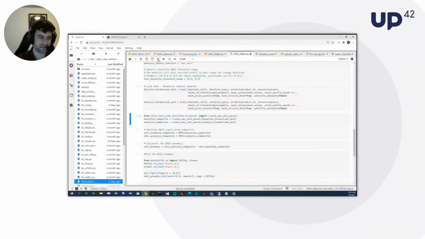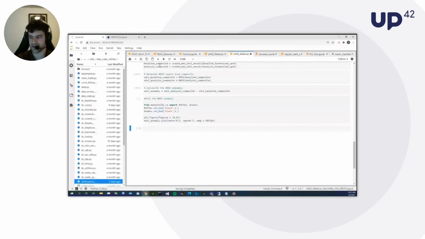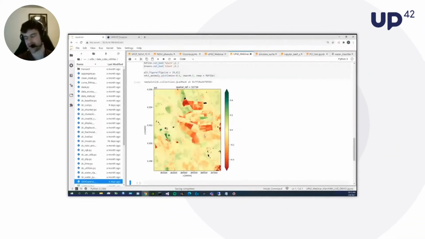I'm just loading that in now, generating the composites, generating the NDVI layers, and then performing the analysis by subtracting the baseline from my analysis period. Then I can plot that and generate this chart, which shows areas where the NDVI value is lower than our baseline and areas where it is higher, which can be a useful tool for getting an understanding of how your field is performing at a particular point in time